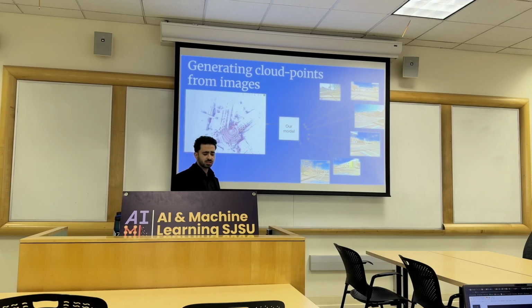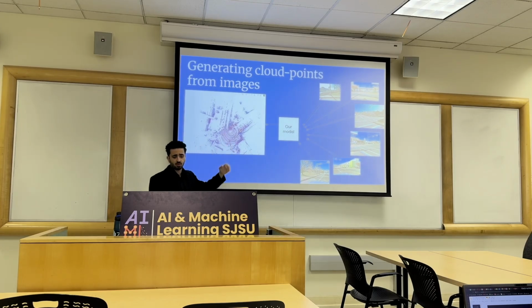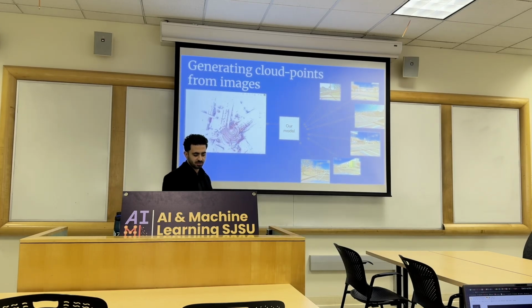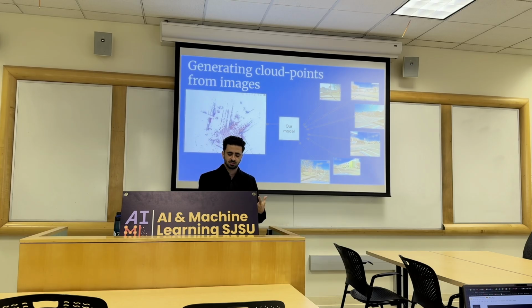We also tried generating point clouds from cameras. So given 7 directional images, generate a larger point cloud. And for that we had a bit of a doozy because it's a very, very tedious task. 7 images to LiDAR is quite expensive and quite hard. It wasn't as simple as we thought it would be. So we really had to get creative with this one. We tried different architectures from diffusion,